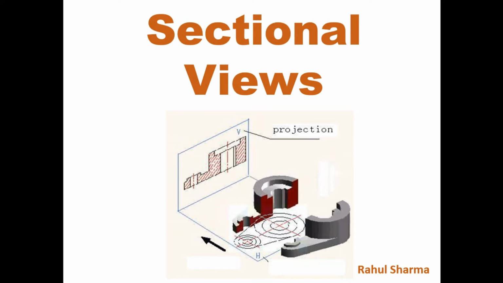Now why it is required and why we are going to study this? If you remember, in orthographic projection this type of object was given and we draw the front view and top view of the object, and for any complex object a number of hidden edges, hidden structures were coming. Now to make all those hidden edges visible, when the internal shape is not clear, when a number of hidden lines are overlapping, then we go for the sectional views. So let's discuss about this.